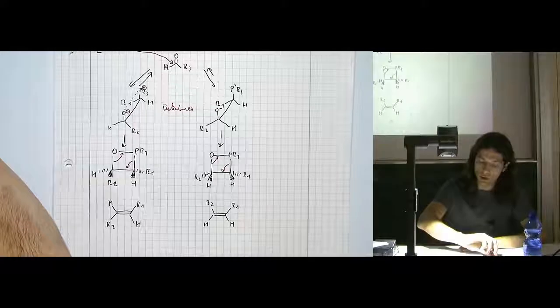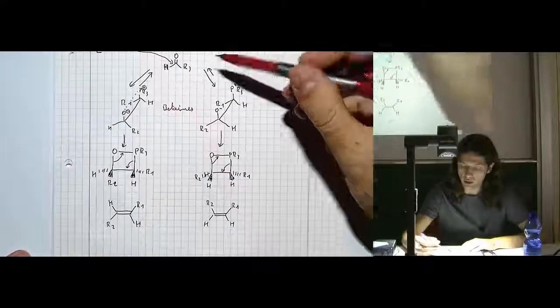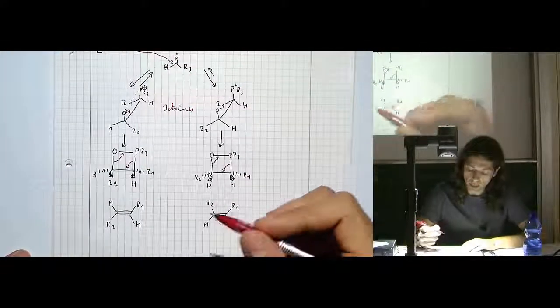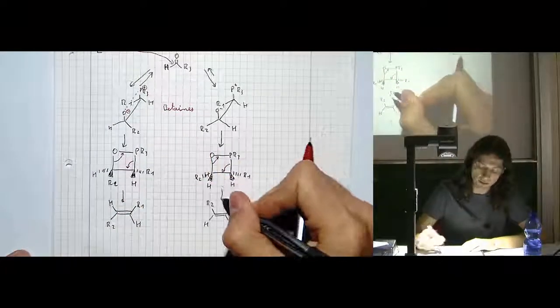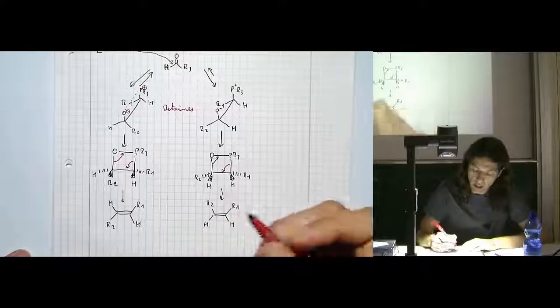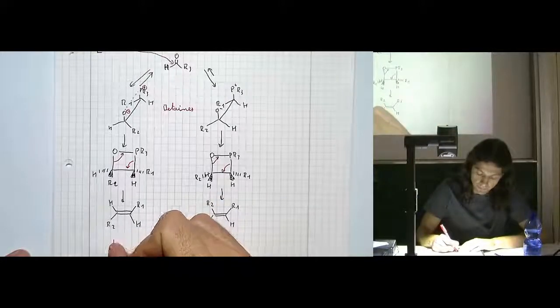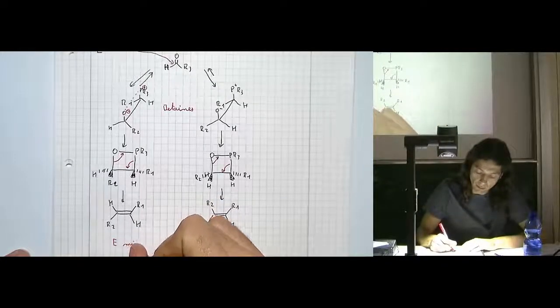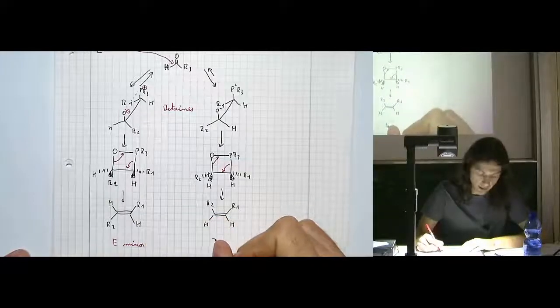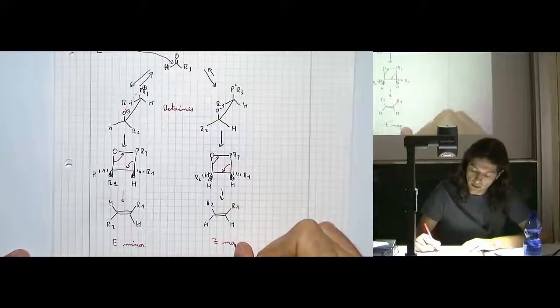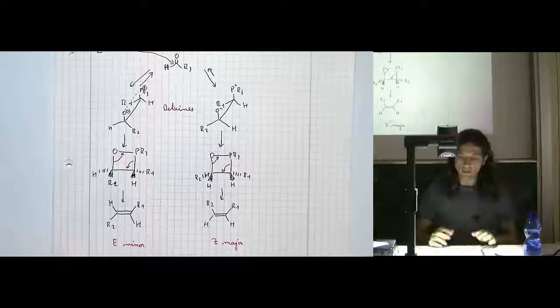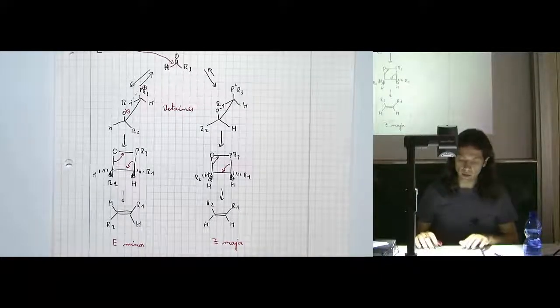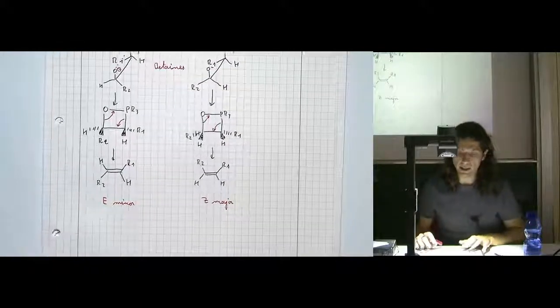as we can see here, so the final result of the different pathways are give different isomers. So one is the E isomer, which is minor, and the Z, which is the major in this case. So okay, this is how the mechanism takes place, but